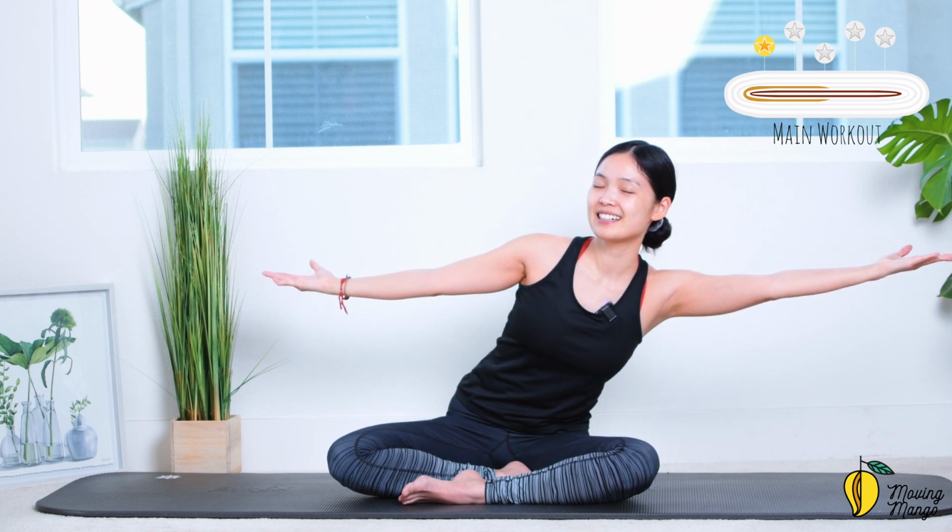Now rotate your palms facing up to the ceiling, soften your elbows, bring your elbows all the way towards the body and then lengthen all the way, reach as far as you can, relax your shoulders and 5 more times with your own breath. 4, 3, good, keep breathing, and 2, try to lengthen, last one, and slowly reach your hand to one side